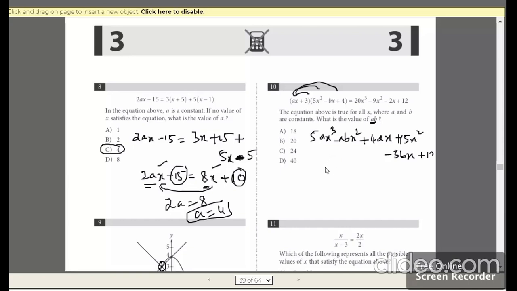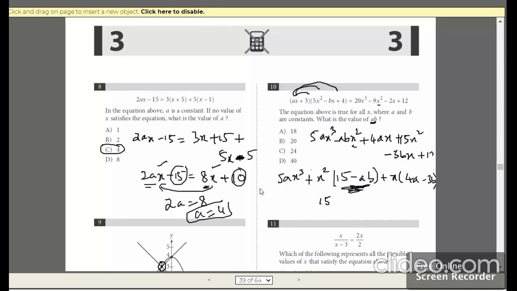So what we are going to do is add the like terms and equate with the corresponding given cubic polynomial. If I add the like terms, I get x squared and x squared, which will give me plus 15 minus ab, and then the x term is 4a minus 3b, and then the constant, we should not worry about that. So a and b together come in only the x squared term.